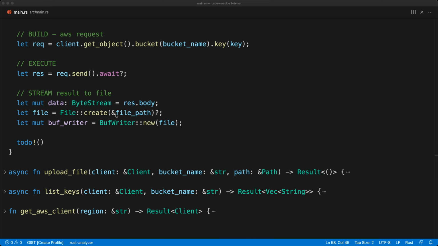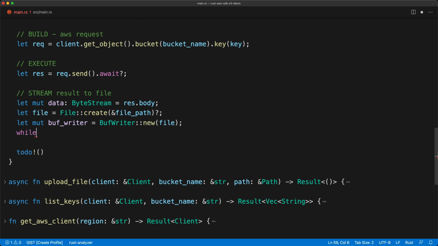So the only thing that we need to do is iterate through the data stream and write it to our BufWriter. So to do that, we're going to do a while let Some of bytes, meaning that the first time it returns None, then the while will stop, and then we're going to do data.try_next. And that comes from our